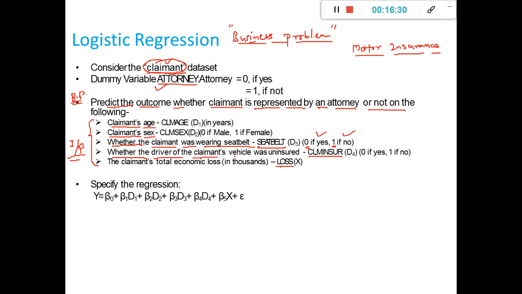Whether the driver of the claimant vehicle was uninsured. Now here the term is very important: uninsured. It is not insured, it is uninsured. So 0 means uninsured, and 1 means insured. These things are very important to understand over here, right? So if you see, after looking at this data, what we have understood is this is a discrete variable,